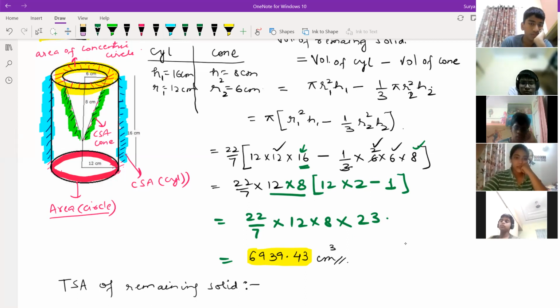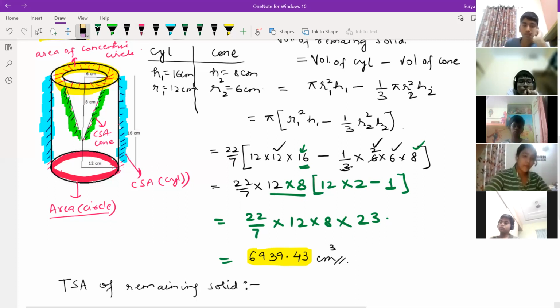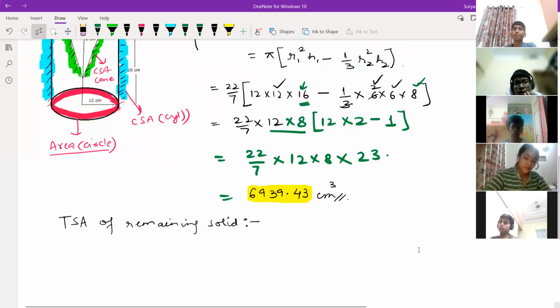Sir, the second circle layer is the base of the cone, right? The one that is not yellow. Yeah, that is the pink one you are saying, right? I'm saying the yellow ring is there, and around that one circle is there, right? No, that is not part of it, because that is the base of the cone, which we have taken out. Yeah, exactly. Okay, sir. Understood. Got the question.